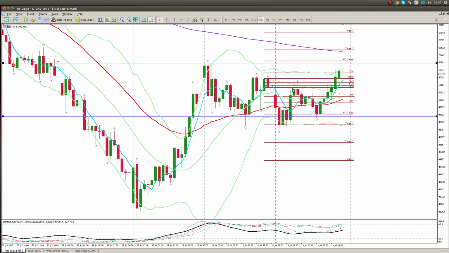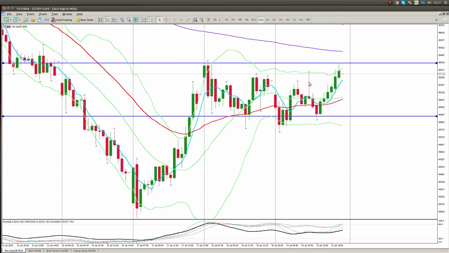I think a lot of us were long. I definitely was long, and this pin bar here got me a bit worried and got me out of the long anyway. So it was very much a consolidation day, and what we can expect today, the interesting thing today will be to see whether we can